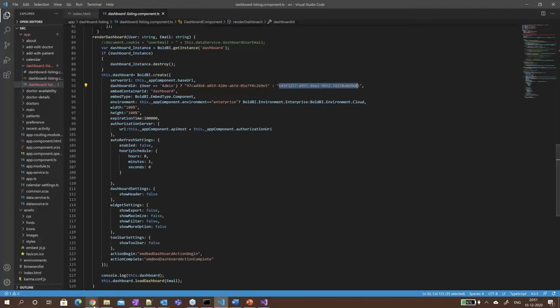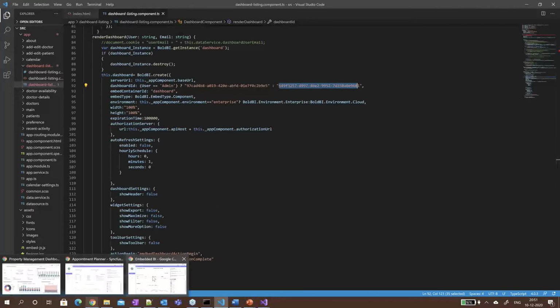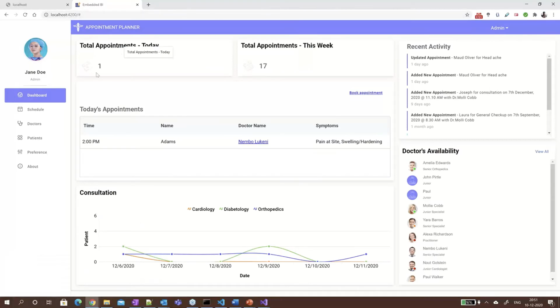I have already run this sample in my local system. This is the improved appointment planner app. You can see the default landing page. I have now loaded the dashboard we prepared from BoltBI. Here I have given a login module for doctors.